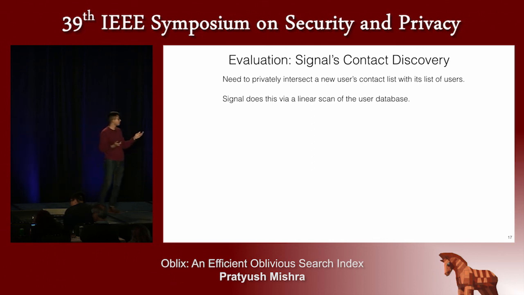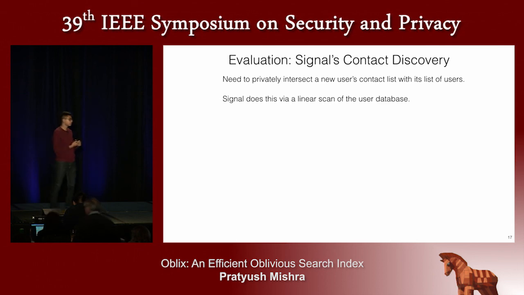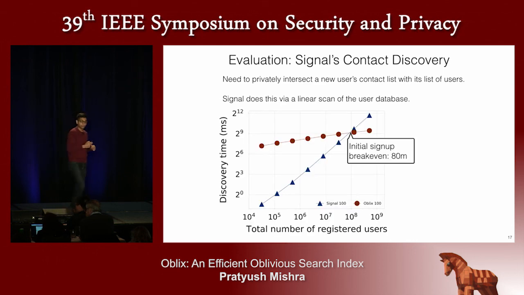This is linear in the size of the database, as well as the size of the contact list. Since Oblix has better performance, taking only logarithmic time in the size of the Signal user database, we decided to perform this search using Oblix and evaluate how long it takes. What we found is that for an initial sign-up, Signal's approach is already slower than Oblix's approach for